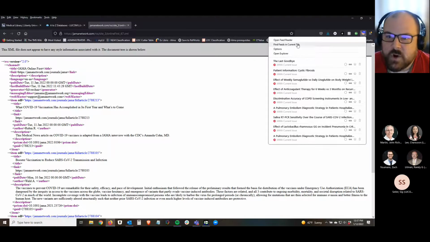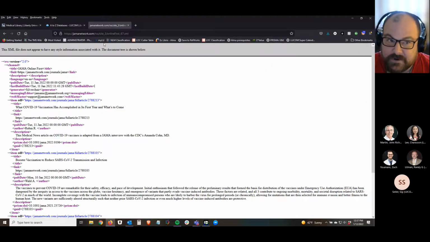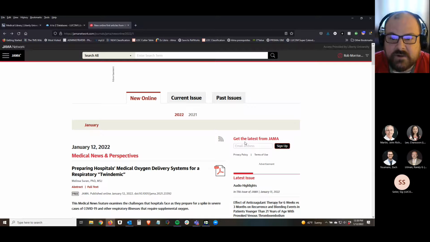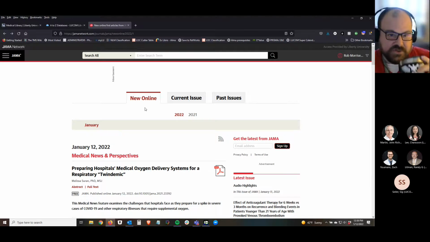When you open those feeds in your feed reader, you'll see I'm getting these articles sent directly to my feed reader, my aggregator in my browser. So I wouldn't even have to go to JAMA Network to read that content. It's already available right here. You can also subscribe if you don't want to use a feed reader and you prefer a listserv kind of thing. You can subscribe to updates with your email address: you just type in your email, sign up, and you'll get emails with updates of content that's new online